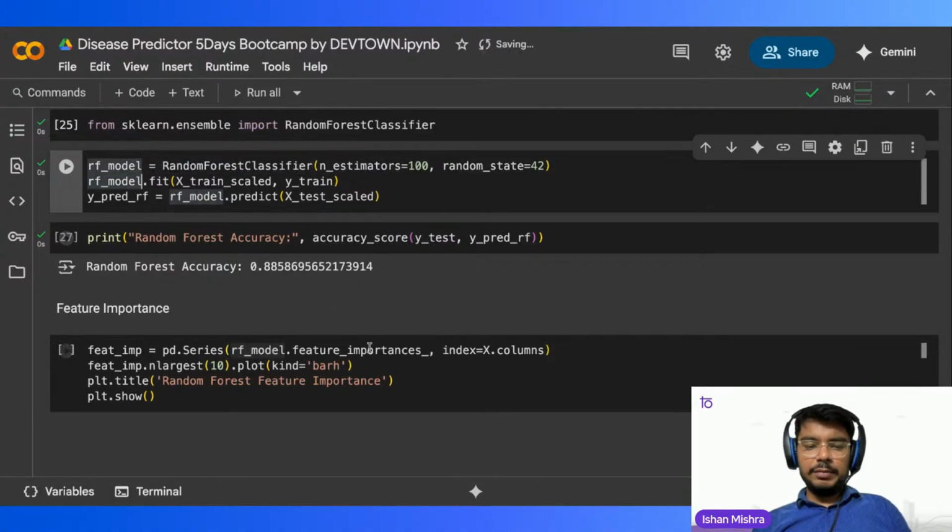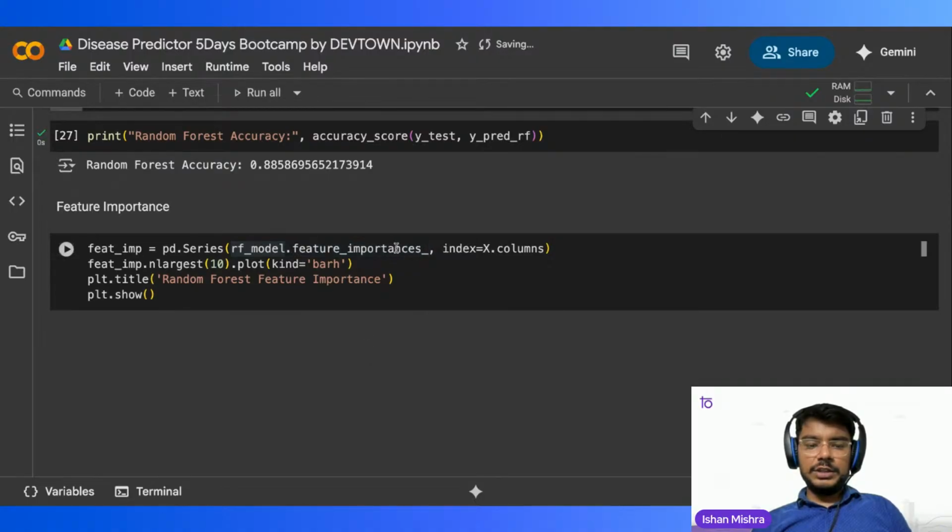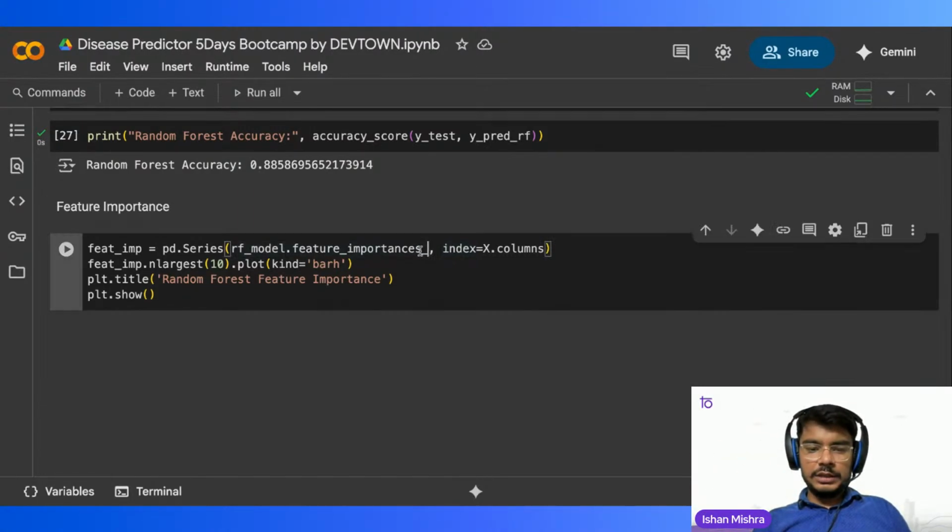So we are importing that model and checking the feature importances into the x column. Random forest not only makes predictions but also tells you which input feature it relies on most, which feature is most used to increase its efficiency in comparison to logistic regression